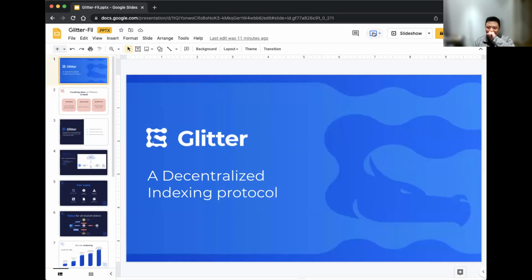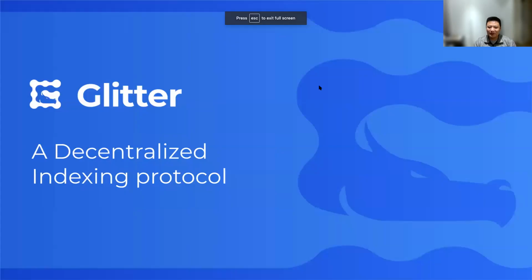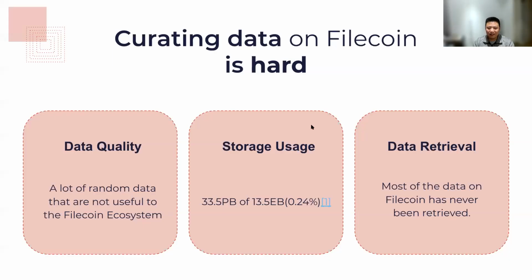Hey guys, we are Glitter network. We are trying to build an indexing protocol on the Filecoin network, and currently the Filecoin network is facing some problems like data quality. There is a lot of useless data on the Filecoin ecosystem. That's why we have the Filecoin Plus program, and we want to incentivize people to upload more and more useful data. And the storage usage rate is now high,